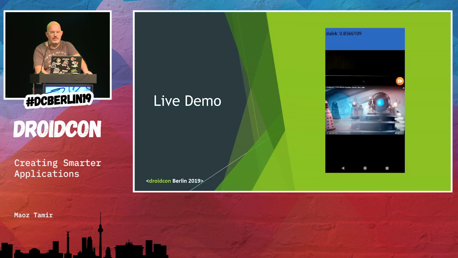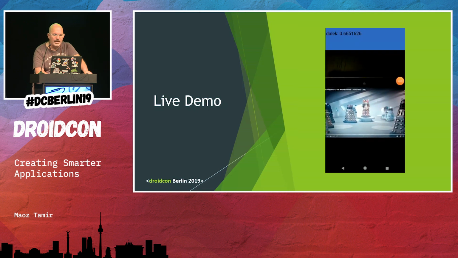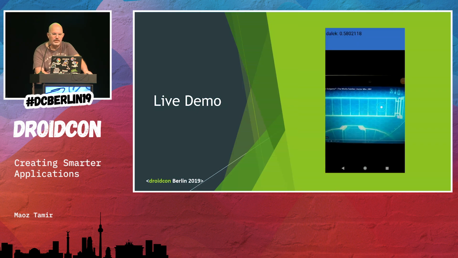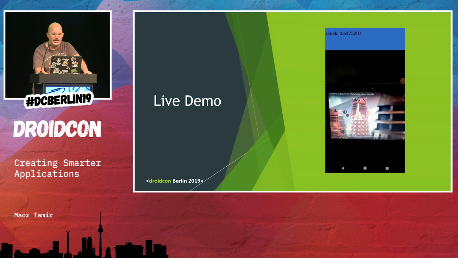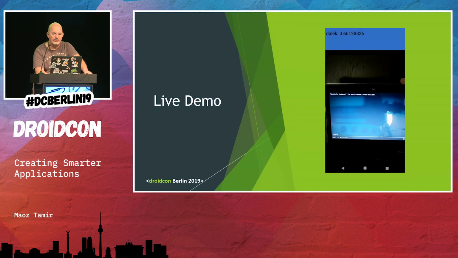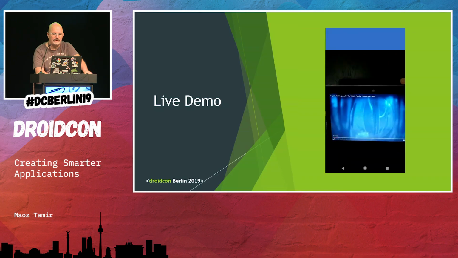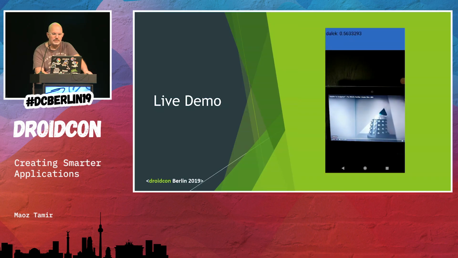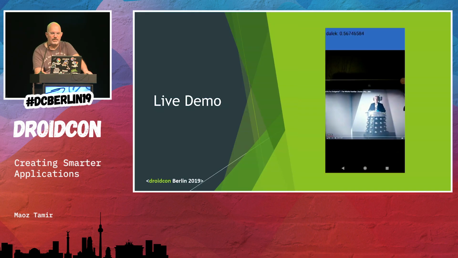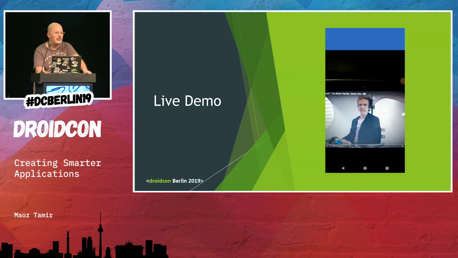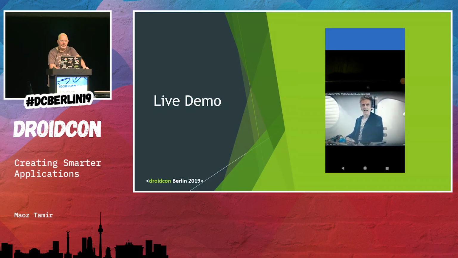Now, I usually give this demo with a real live demo. Unfortunately, I forgot my Dalek doll at home, so I'm going to run it here. This is something I did from my computer today, and you can see here the prediction. So this is the prediction of seeing the actual Daleks. When it sees the actual Daleks, you see that this jumps up, as soon as the Dalek appears in the picture.